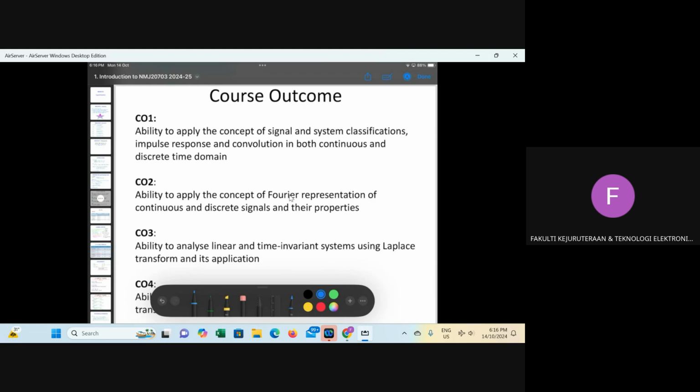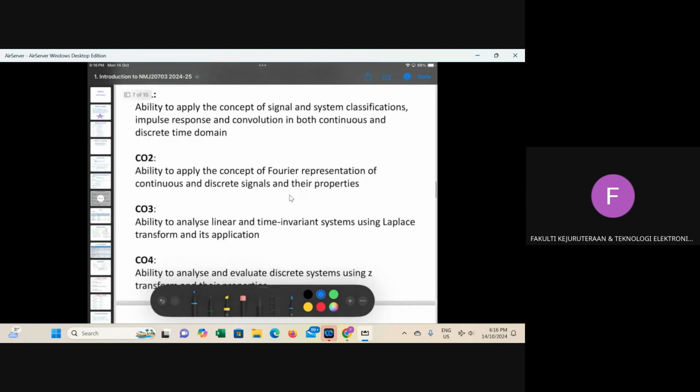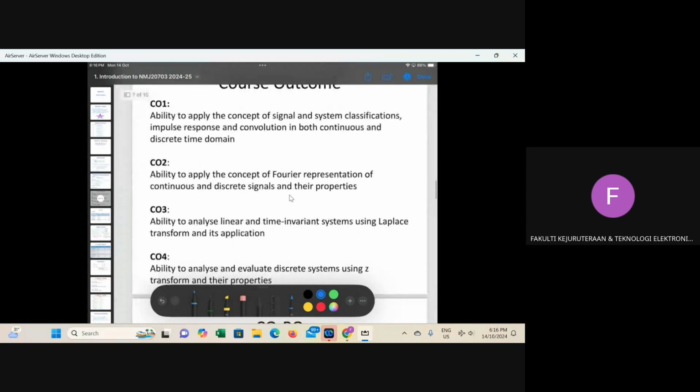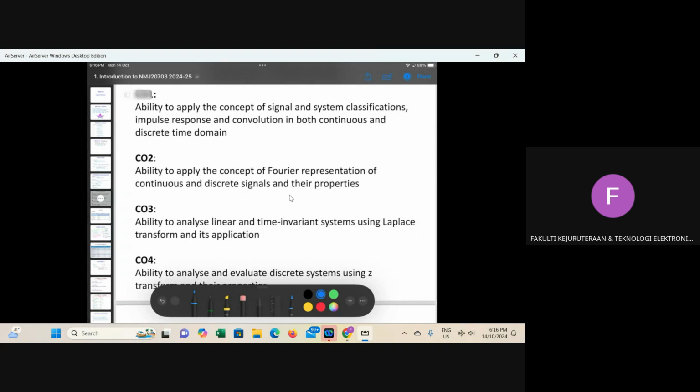So at the end of this course, now is October, so at the end of, I think, January, before you go for your final exam, you have to have this. Okay. So they are all 4 CO. CO means course outcome.